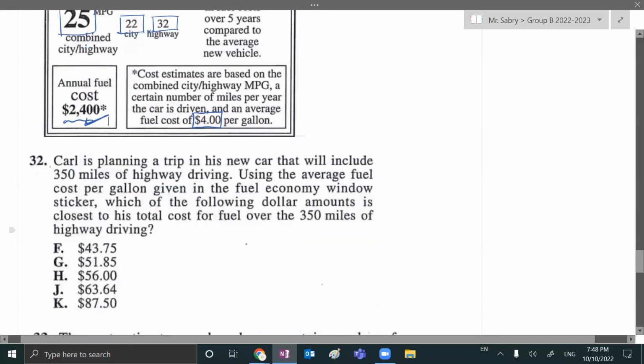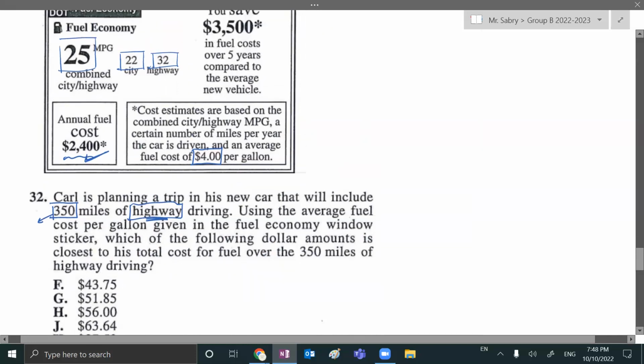Carl is planning a trip in his new car that will include 350 miles of highway driving. Using the average fuel cost per gallon given in the fuel economy window sticker, which of the following dollar amounts is closest to his total cost of fuel over the 350 miles of highway driving? So I'm just now discussing the highway driving, and I'm thinking of if he moved for 350 miles. So I'll go back and check what was the rate of the highway, and apparently it's 32 miles